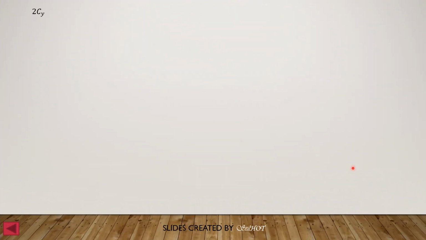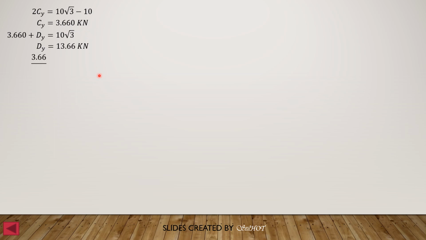So adding to C sub Y equals 10 square root of 3 minus 10. So C sub Y therefore is 3.66 kilonewtons. Then substitute this value of CY into equation 1: 3.66 plus DY equals 10 square root of 3. So D sub Y is equal to 13.66 kilonewtons. Now that we have found one component reaction, we can solve for the force in its leg by similar